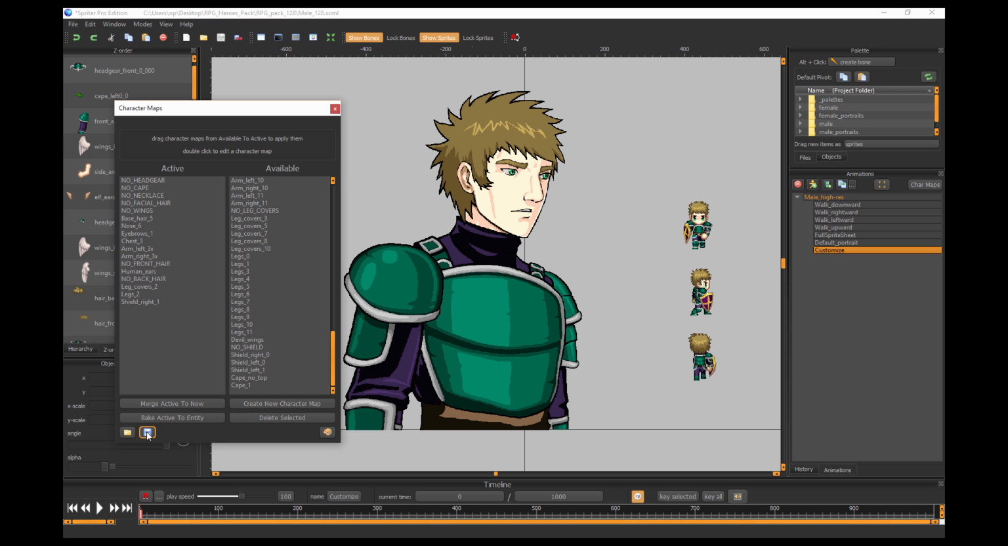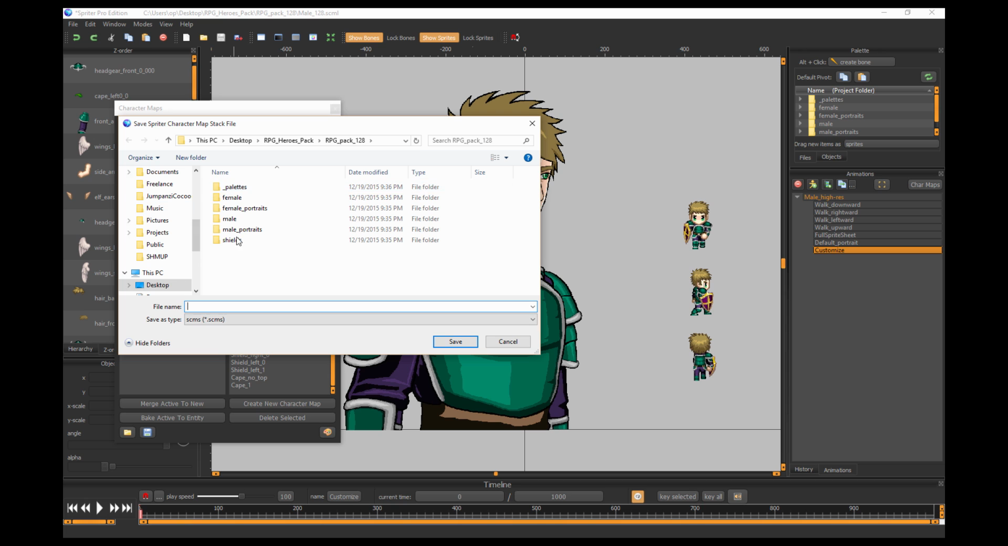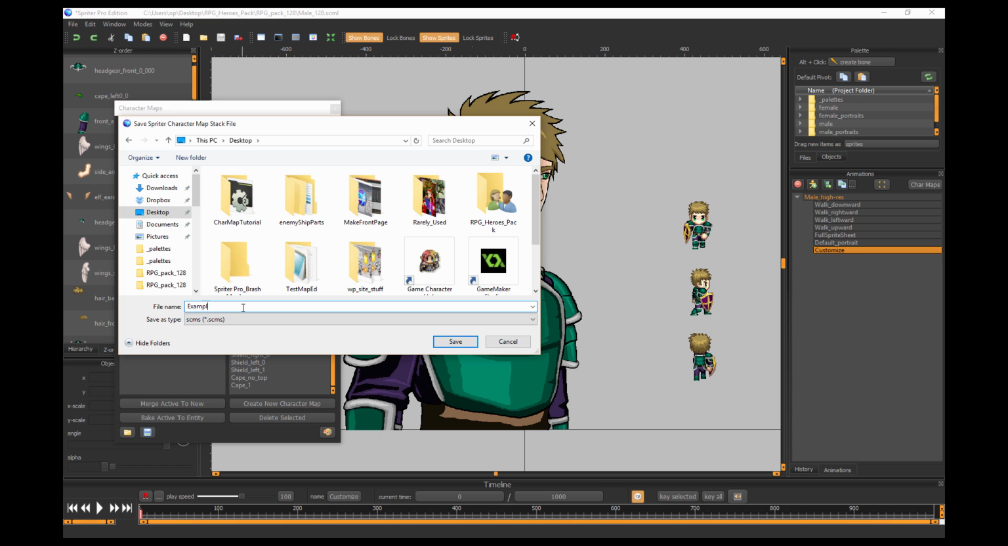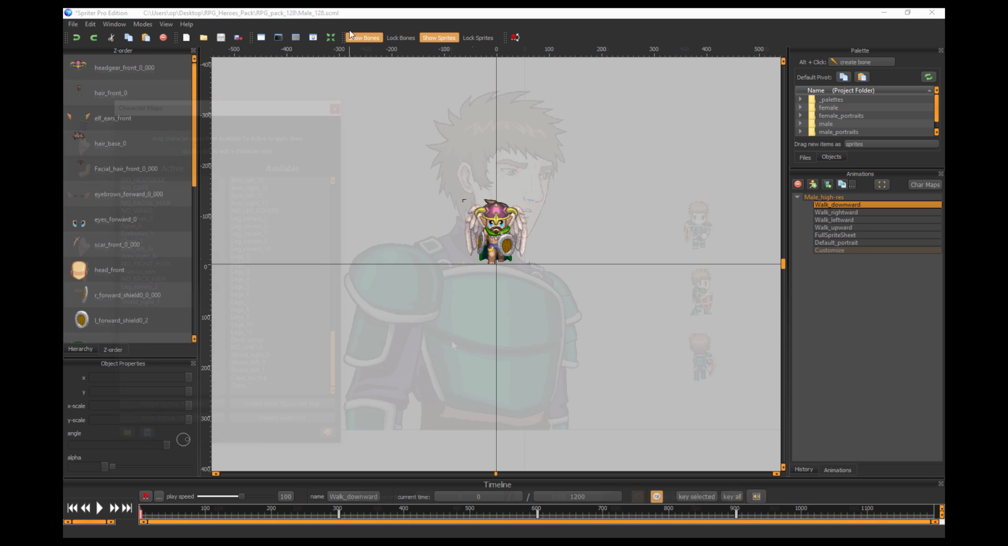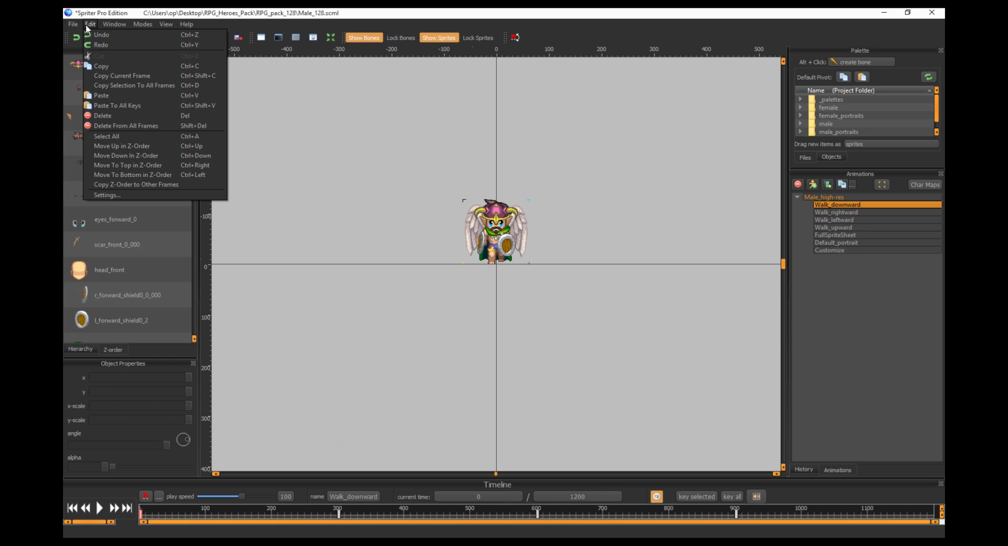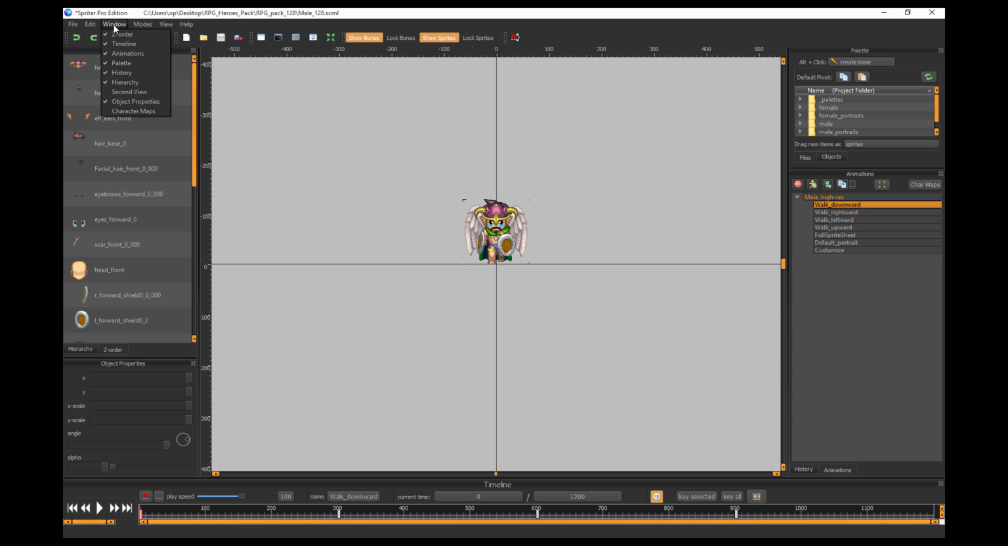And then I'm going to click on this little save icon at the bottom left of the character maps dialog. And now I can save my character anywhere I'd like. So now I can always reload that character whenever I want to re-export the sprite sheets or portrait of that character, or in case I want to make some edits or another character that's similar and I don't want to start from scratch. So for that I would just go into character maps